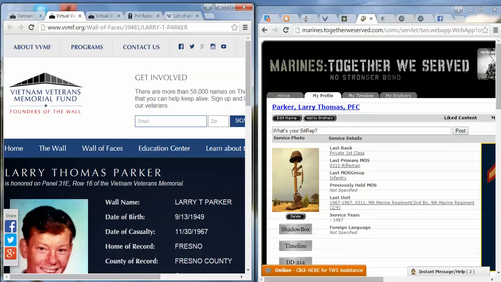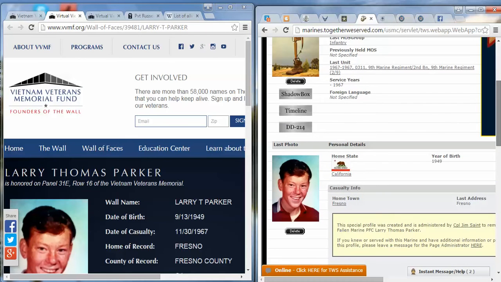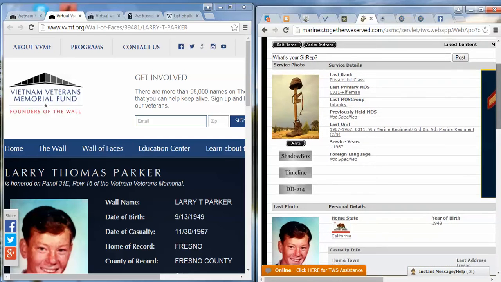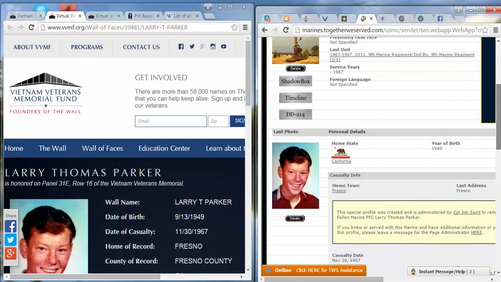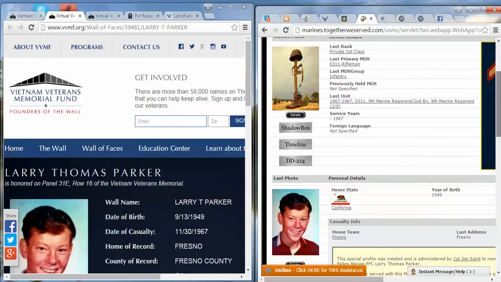And he has a civilian photo, which is right there. And that's a good thing. If you find a photo, and it's a civilian photo, service photos go here, civilian photos go here. It says last photo.